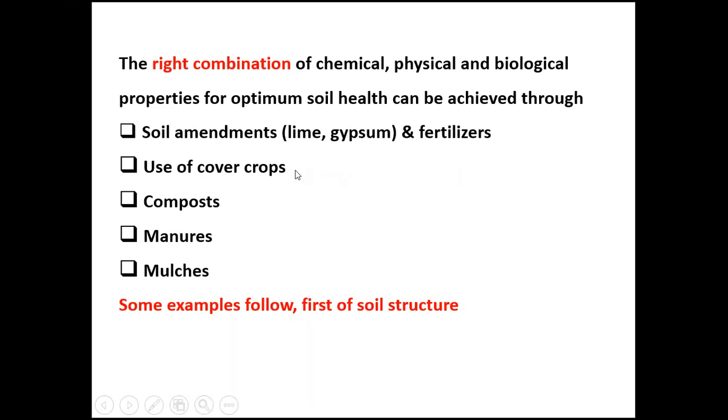Use of cover crops is very important from the point of view of soil structure, and then compost, manures and mulches are very important from the point of view of supplying soil organic material and stimulating the microorganisms in the soil that are important for nutrient turnover and various other functions as well. So let's have a look at a few examples. We'll start off with soil structure,